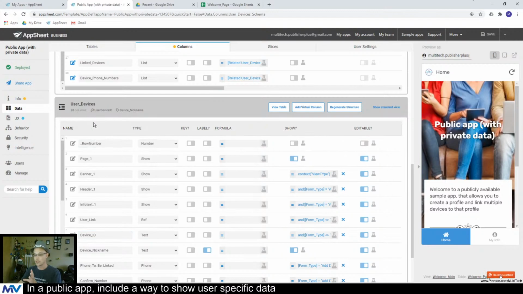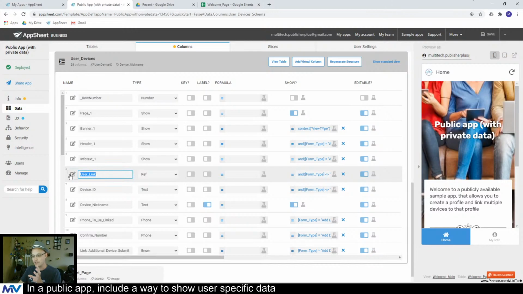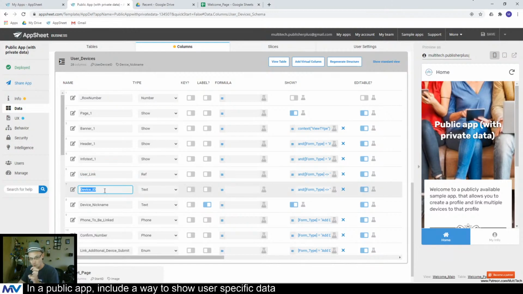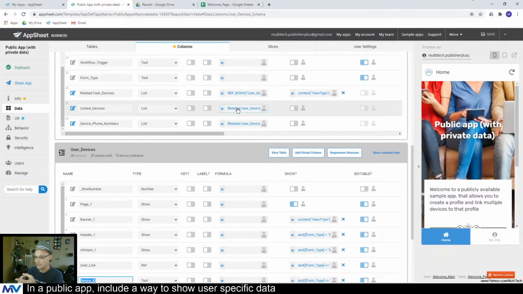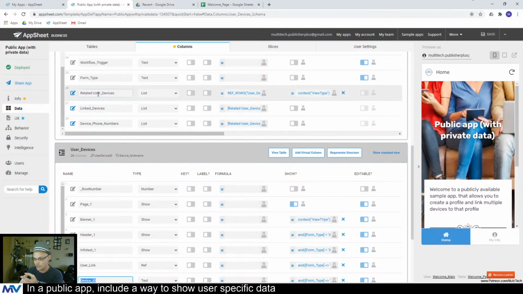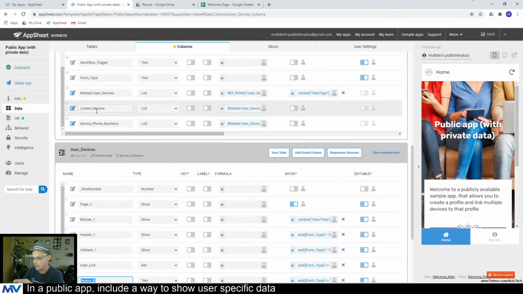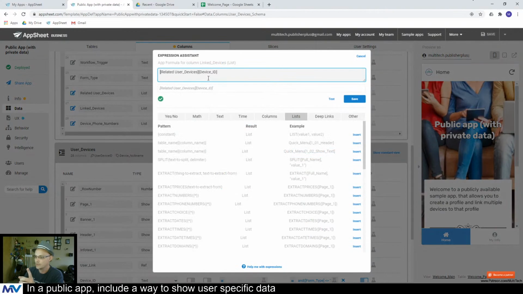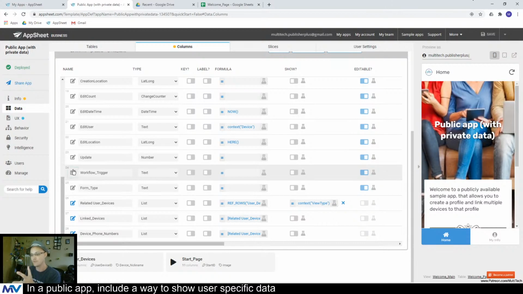And so this table only stores some other stuff, but it's the user link and the device ID. Those are the ones that are important. And so this list dereference says, okay, for all of these records that are linked to whatever user, make me a list of all of the device IDs. That's what this linked devices and this list dereference formula is doing. So this creates a list of all of the global IDs of the devices that are linked to each individual